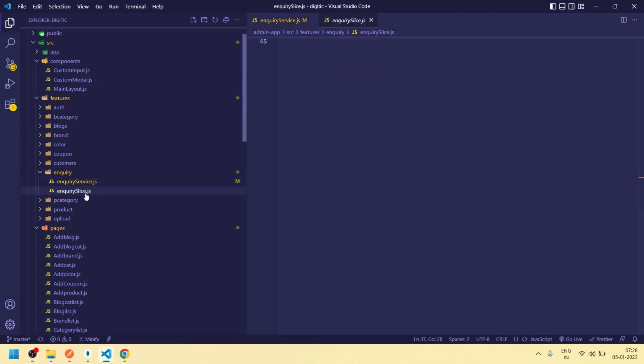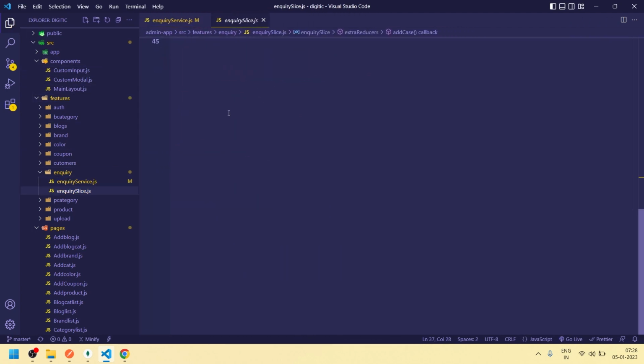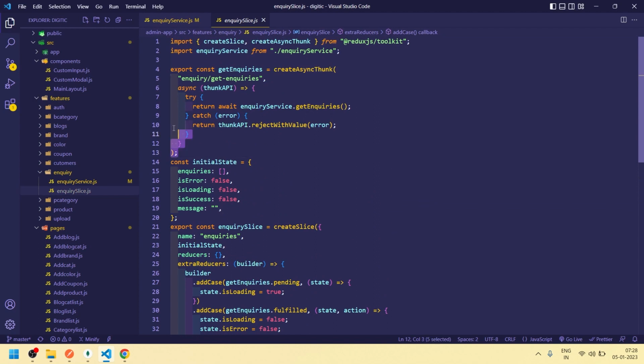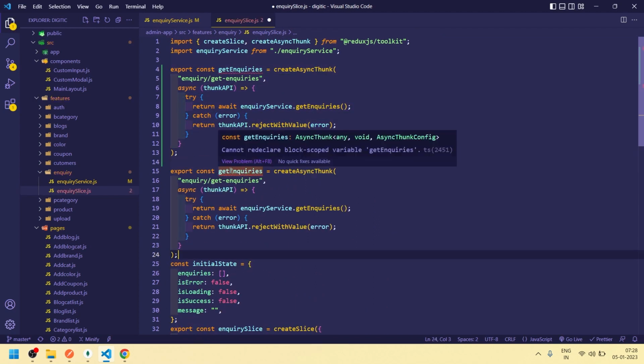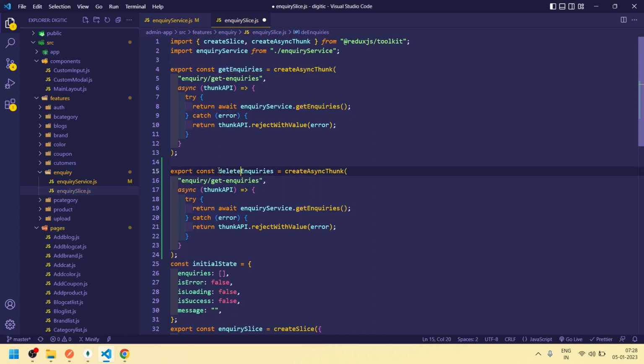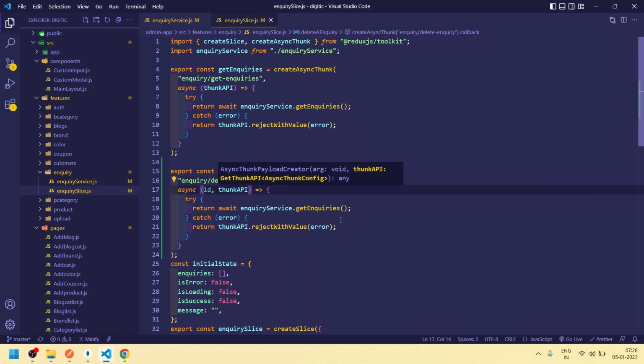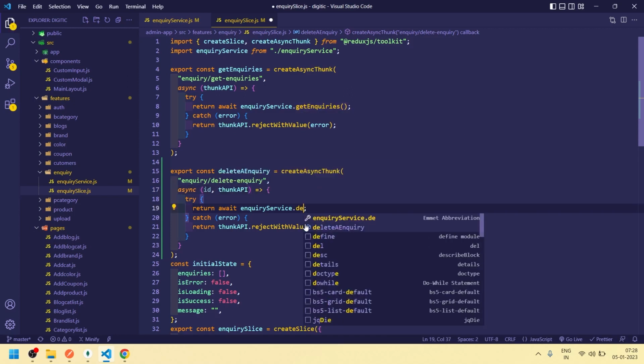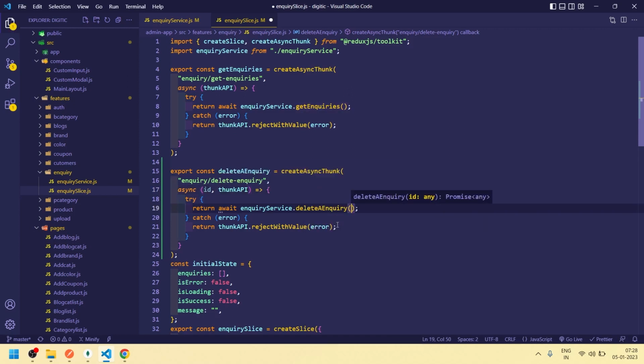Okay, now go to inquiry slice, and if I go up, let me copy Control C, Control V, and this one will be deleteAInquiry action. So inquiry delete inquiry, and here we need to pass the id, and same it will be dot deleteAInquiry and pass